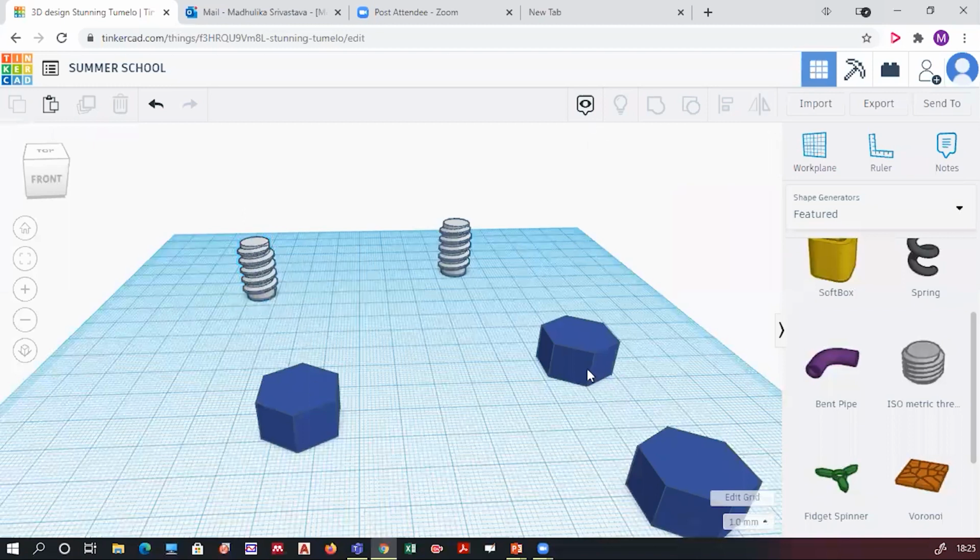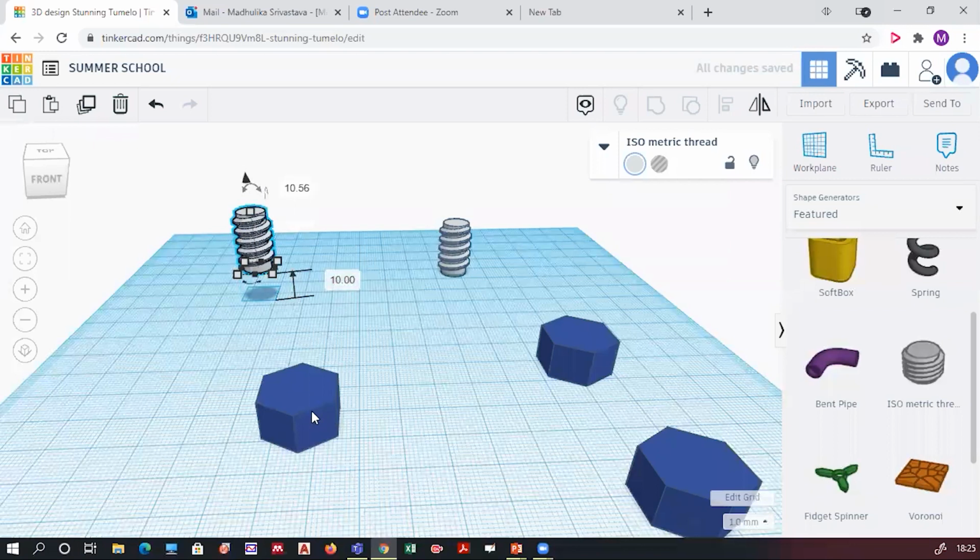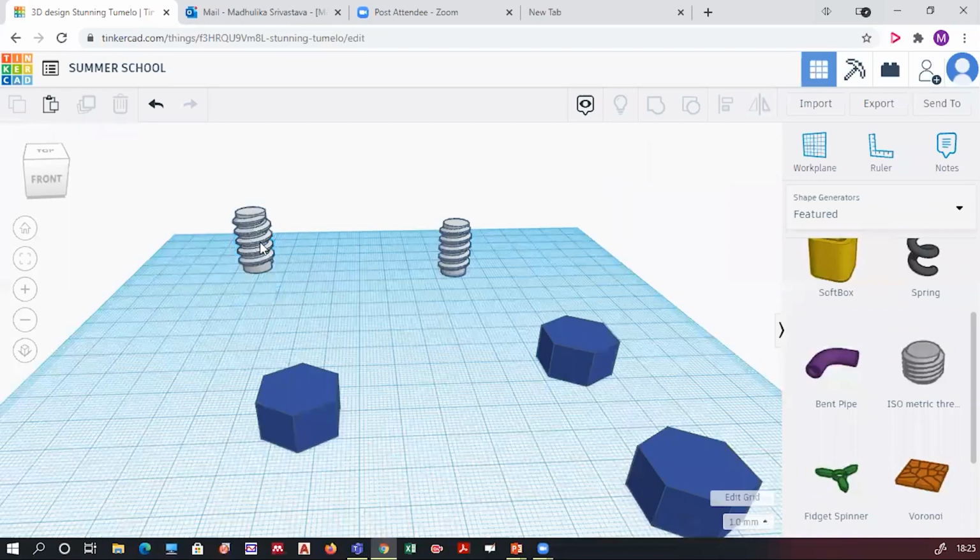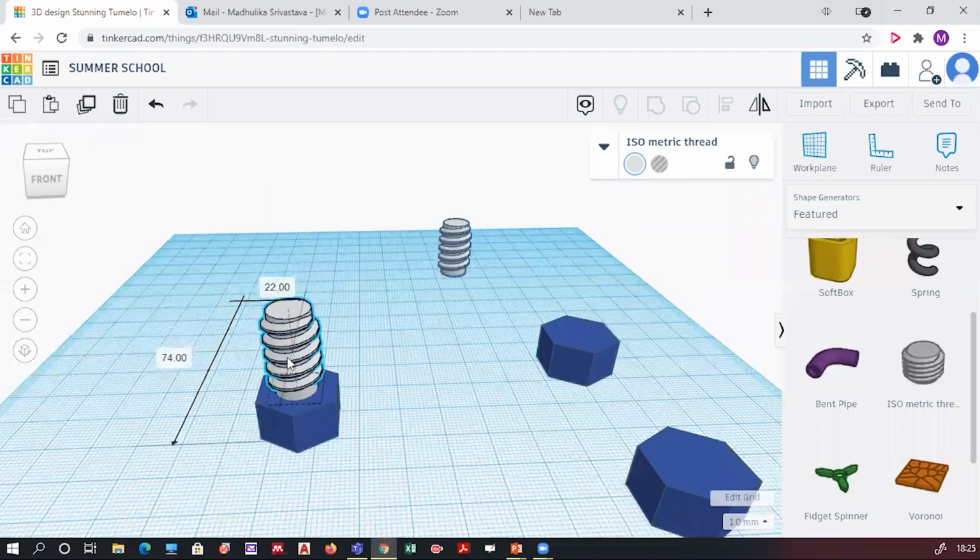So you have to duplicate this nut also, duplicate this screw also, this threaded portion also. Now I'll take this. If I want to move it above the work plane, I'll click on this triangle and raise it. Now I've set the height of this nut as 10, so I'm raising it by 10. Click on this black triangle and you will raise the threaded portion. Once raised, I will simply drag it above my object.